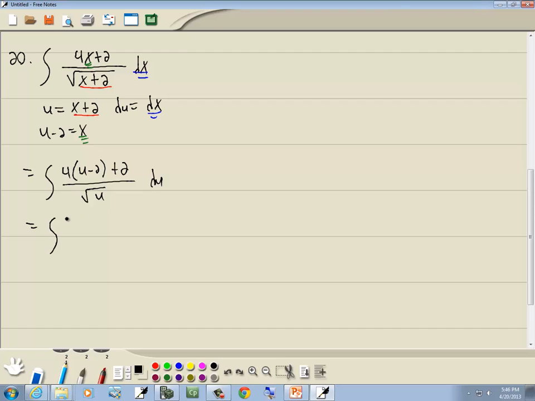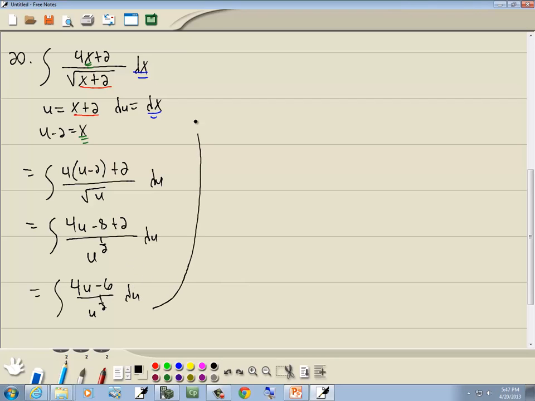So 4 times u is 4u. 4 times negative 2 is negative 8 plus 2. And square root of u we rewrite as u to the 1/2 power, du. Which gives us the integral of 4u minus 6 over u to the 1/2 du. Now notice we have a single item down in the denominator now, so we're going to split them up into separate fractions. So we're going to have 4u over u to the 1/2 minus 6 over u to the 1/2